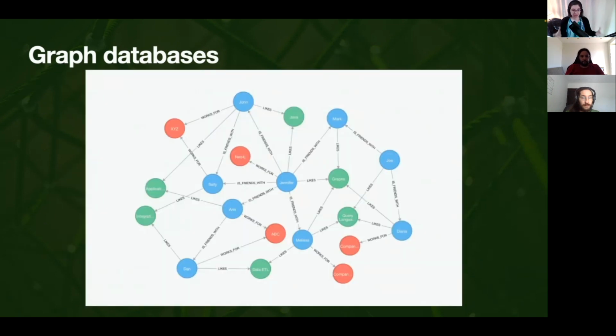Okay, so this is an example of what a graph looks like. This is one off of Neo4j's website. It's one I actually created for Neo4j's website a couple years ago, but we have people that are in blue. We have the things that they might like, the technologies they might like, in green, and then we have companies they might work for in red. And you can kind of see